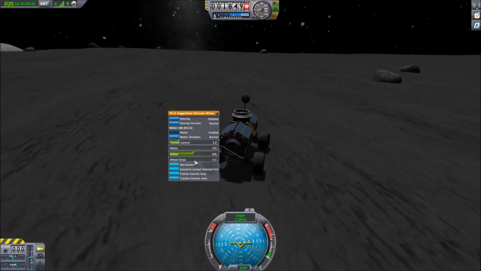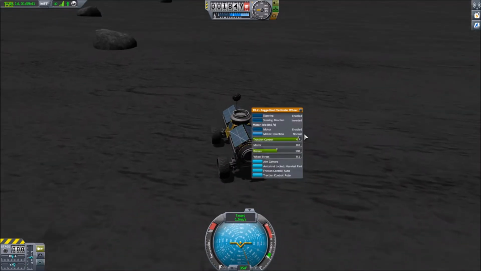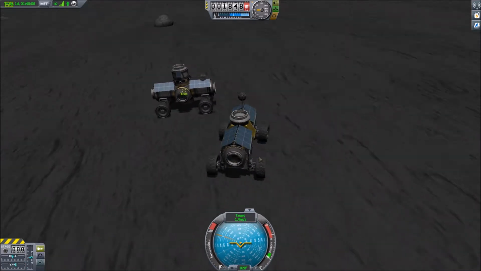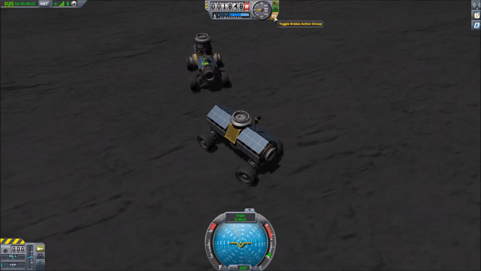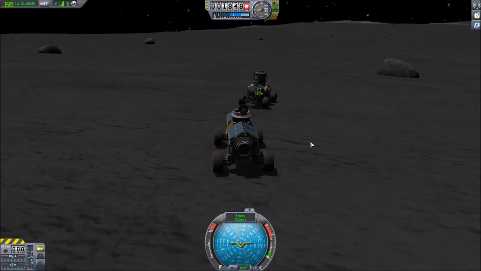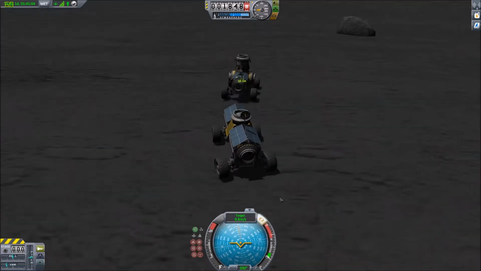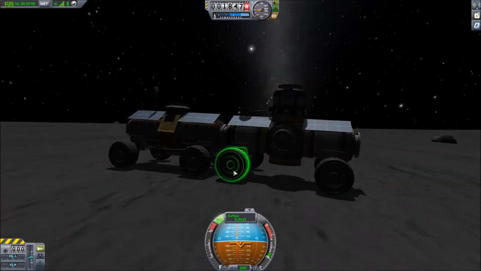I'm not putting any SAS modules on this because I want to avoid some glitchiness with the station, and I avoid lag from the station. Plus, braking is really, really slow for these things. See, I'm trying to turn this thing and it keeps doing that. Does a lot less with SAS enabled, but